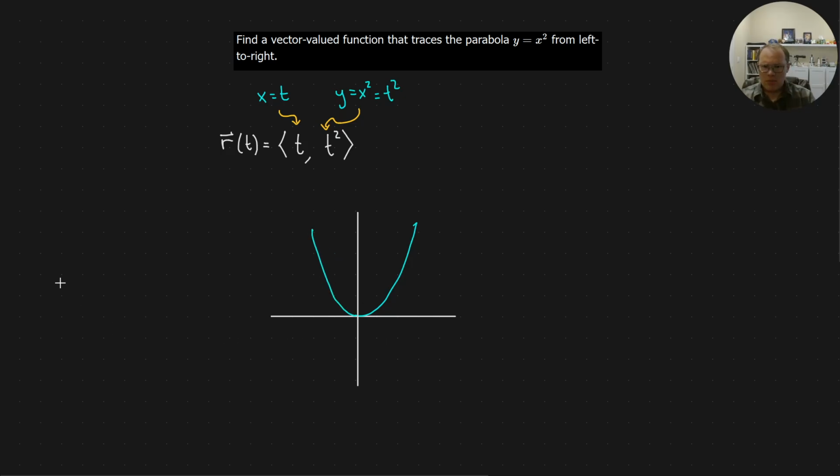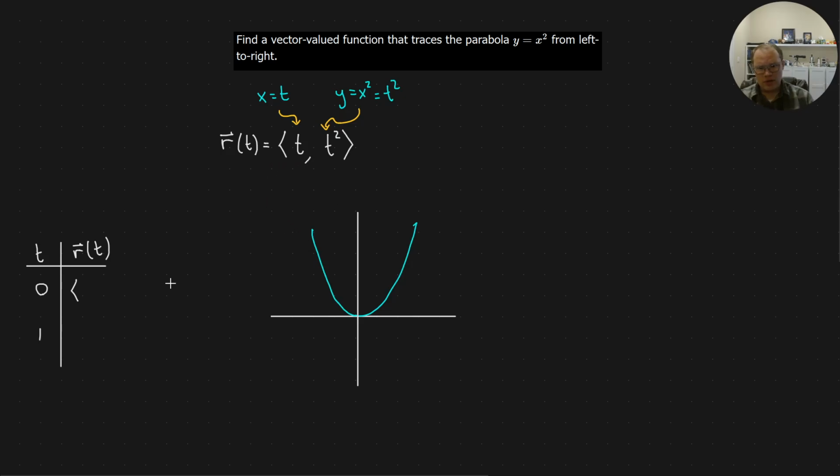Okay, but let's plug in a few points for our parameterization. Make sure our orientation is correct. Make sure we're going from left to right. And often just a couple points is all you need, a couple values of t. So I'm going to plug in t equals 0 and t equals 1. If you're unsure, you can plug in more. Okay, so t equals 0,